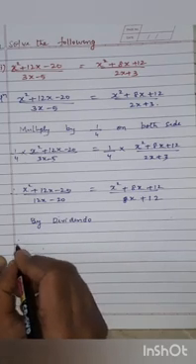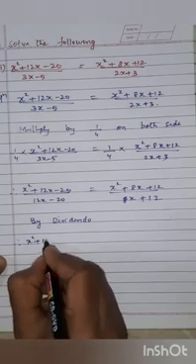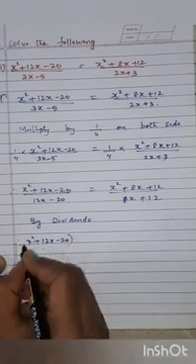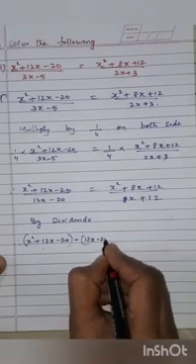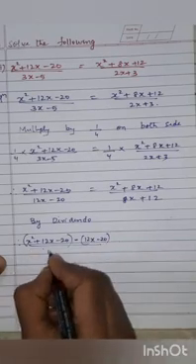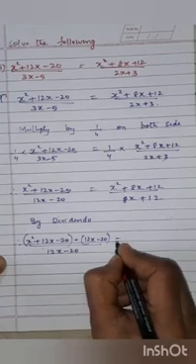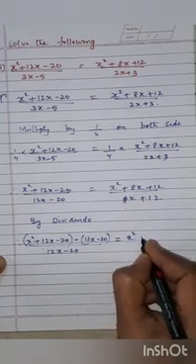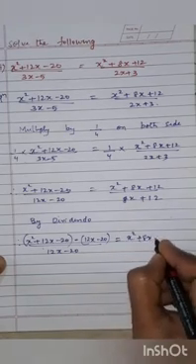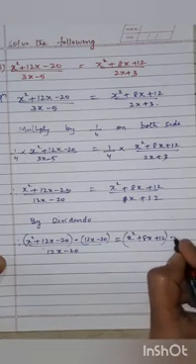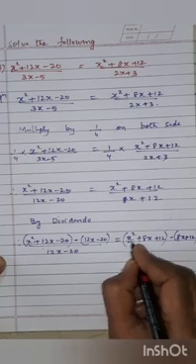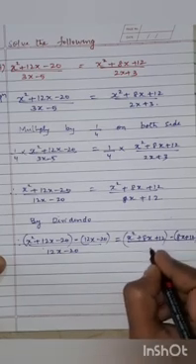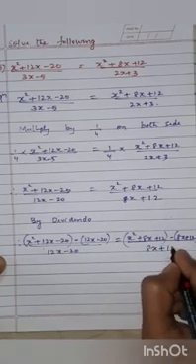So that means we get x square plus 12x minus 20. This is a minus b. B is your 12x minus 20 upon b. Upon b means 12x minus 20 is equals to same thing over here also. X square plus 8x plus 12. It is a minus b is what? 8x plus 12. Okay, a minus b upon b, that is 8x plus 12.